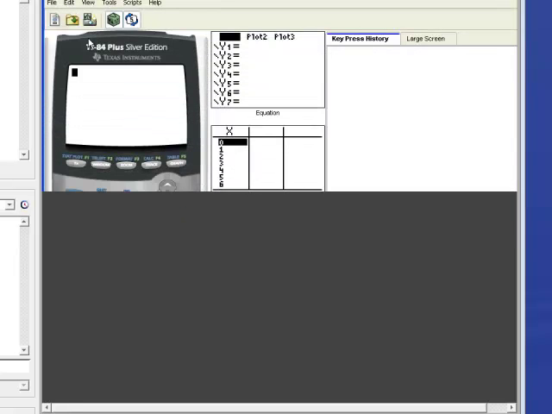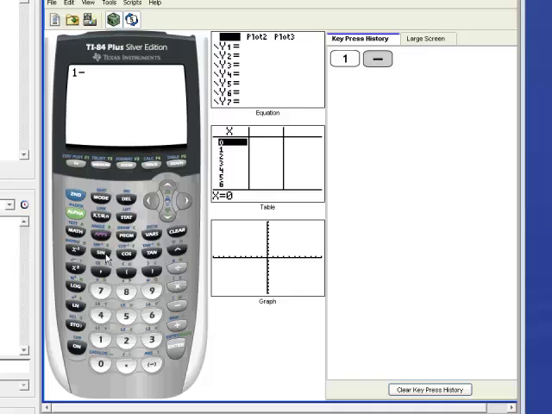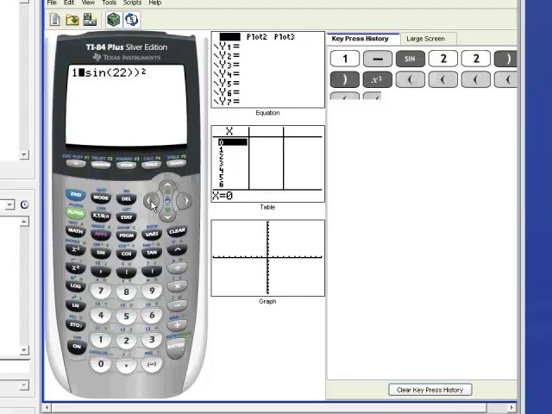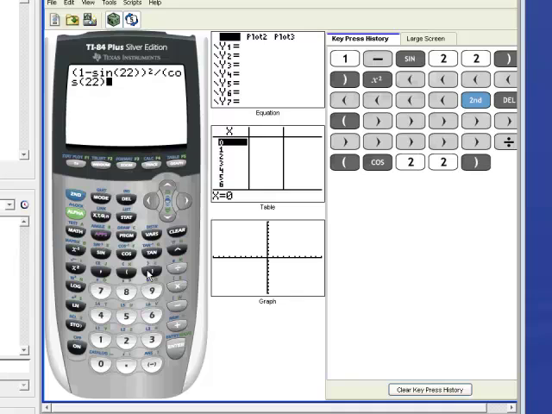Okay. So the one that we just did is 1 minus sine, let's say 22 degrees, and that actually needs to be in parentheses and then squared. So I need to put a parentheses in the front because it's a numerator. Divide by, I think I'll also put that in parentheses, cosine 22 degrees, parentheses, square that as well. Hit enter,